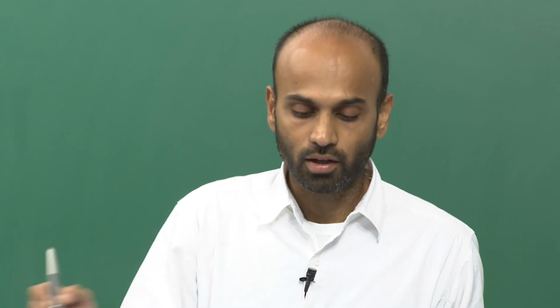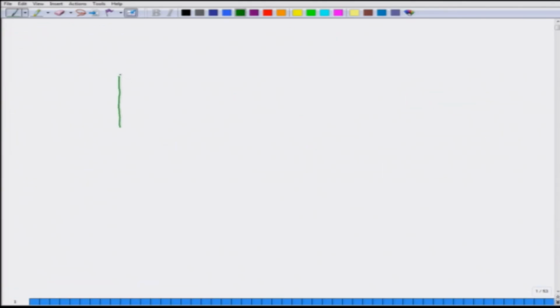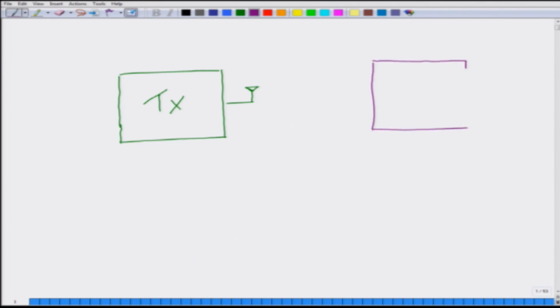That is, when we have a transmitter with a single antenna and then we have a receiver with multiple antennas. This is our receiver, and we have the various channel coefficients that are given as H1, H2, so